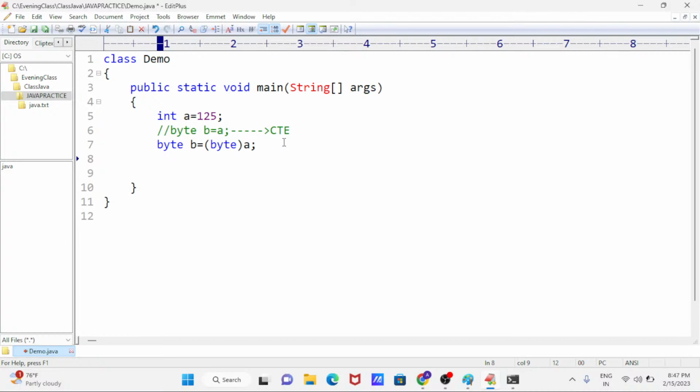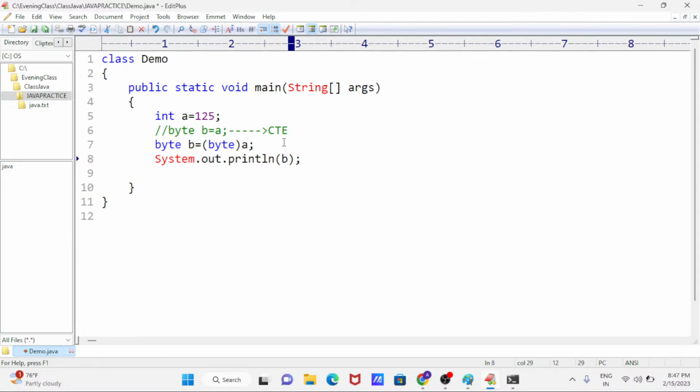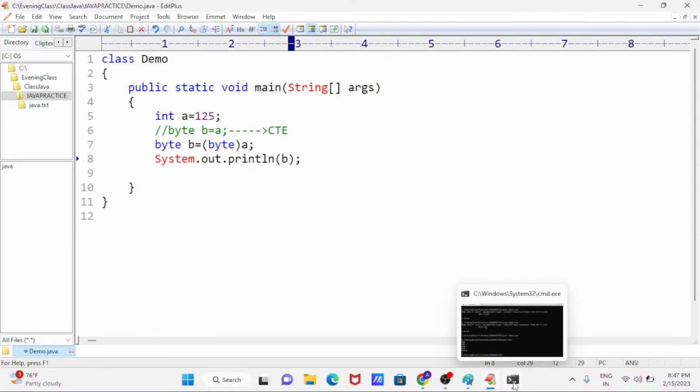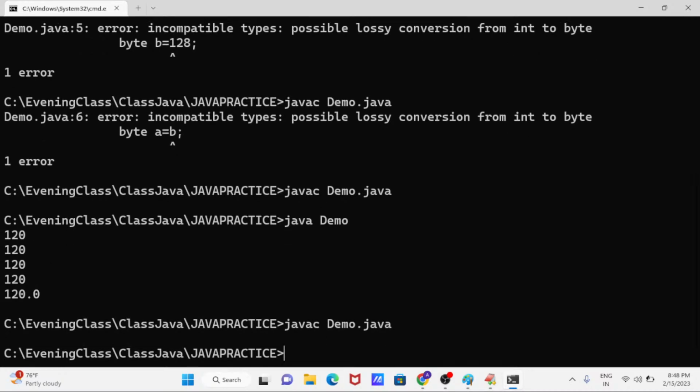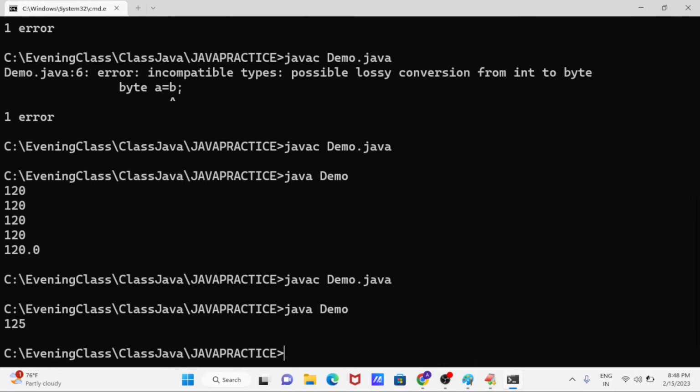Now print b with System.out.println. Go and execute. What are you getting? No compile time error. You get 125 only. Very good.